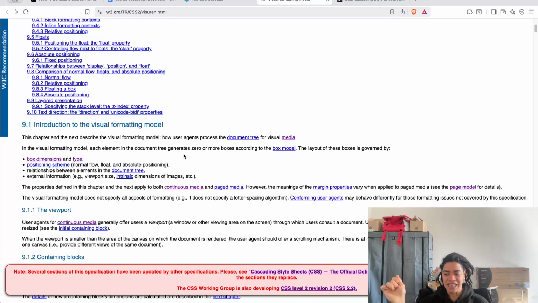Now, this visual formatting describes how a user agent processes a document into visual media, into these different ways a document can be represented. Whether it's a screen, usually it's a screen, or paper, or speech synthesizers. Yes, the spec actually describes that. But in our case, what we care about is